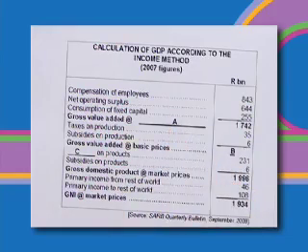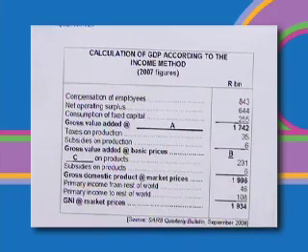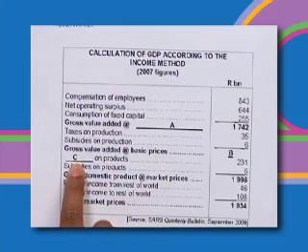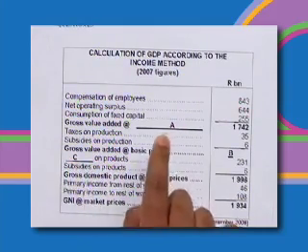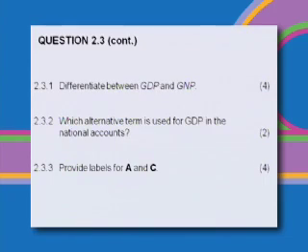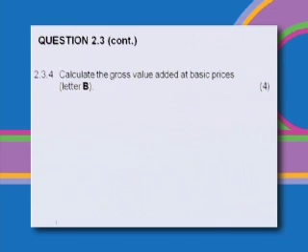And then the label for C will look at the taxes, because then at basic prices, the tax rate on a product will be placed there on C. So for A, that's the factor cost, and for C we're looking at the taxes that will be charged on these products. All right, so 2 marks for each label that you have supplied. That was just an easy way of getting marks. Now we move right along to question